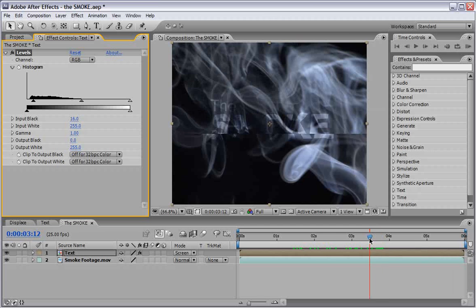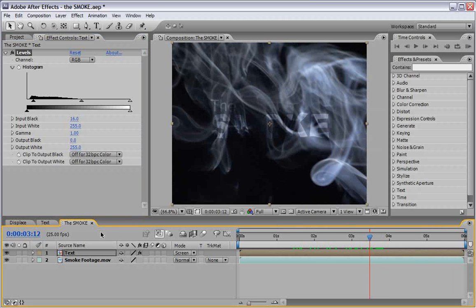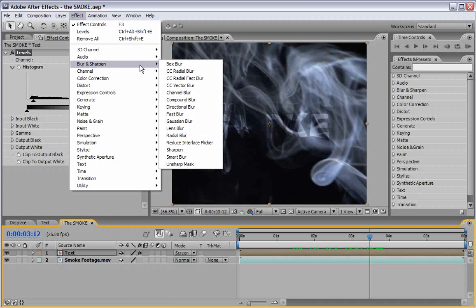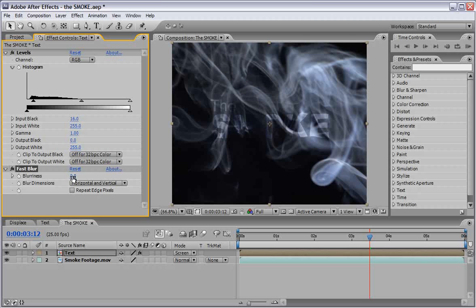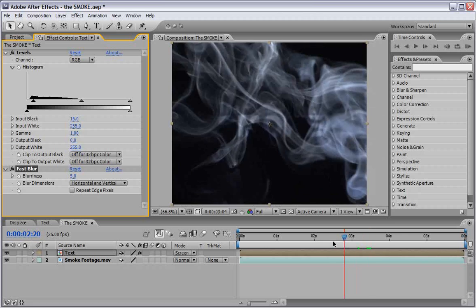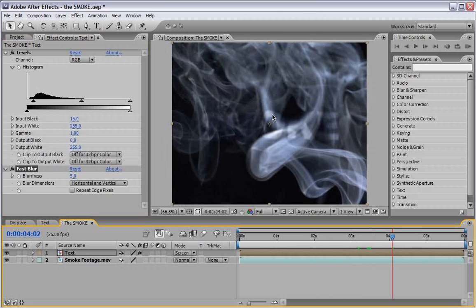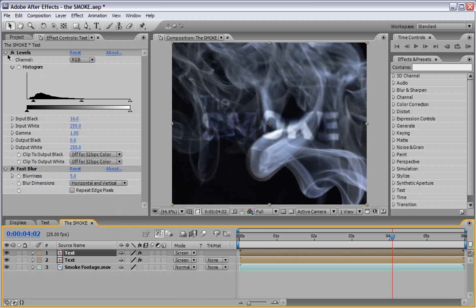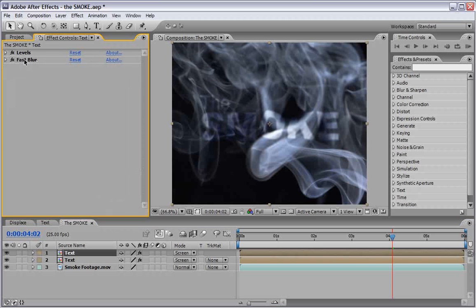Now what I want you to do is go and add another effect under Blur and Sharpen, use a fast blur, and we will do a value of 5. It will just blur this text a little bit more into the scene, make it look a little bit more smoky. Also, we will select this text and we will edit, duplicate it, and let's add, instead of fast blur